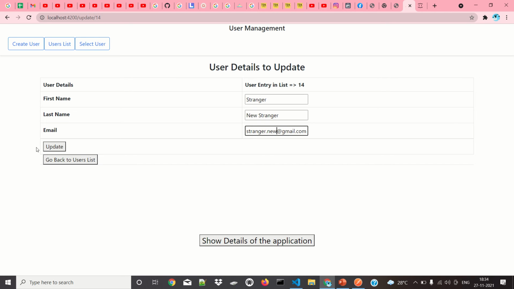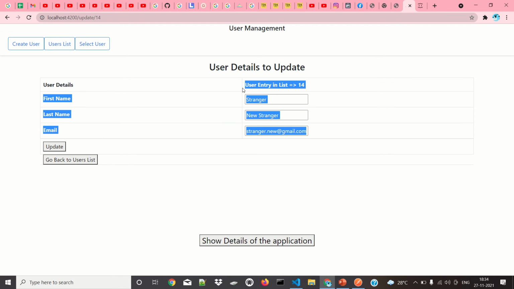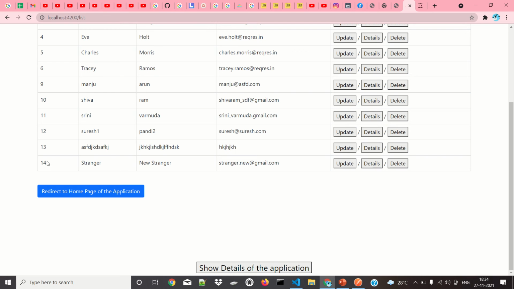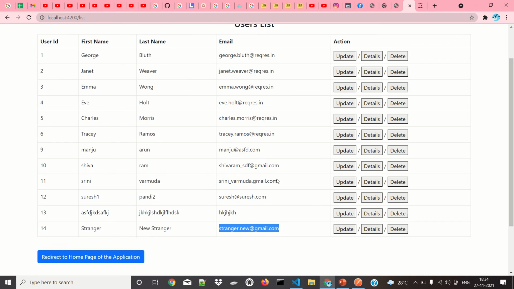I will update it. Now you see here itself it is updated. We go back and see here it is getting updated. All the stranger items are changed: a capital S, stranger changed to new stranger, and stranger.st changed to stranger new.gmail.com. It is present here.